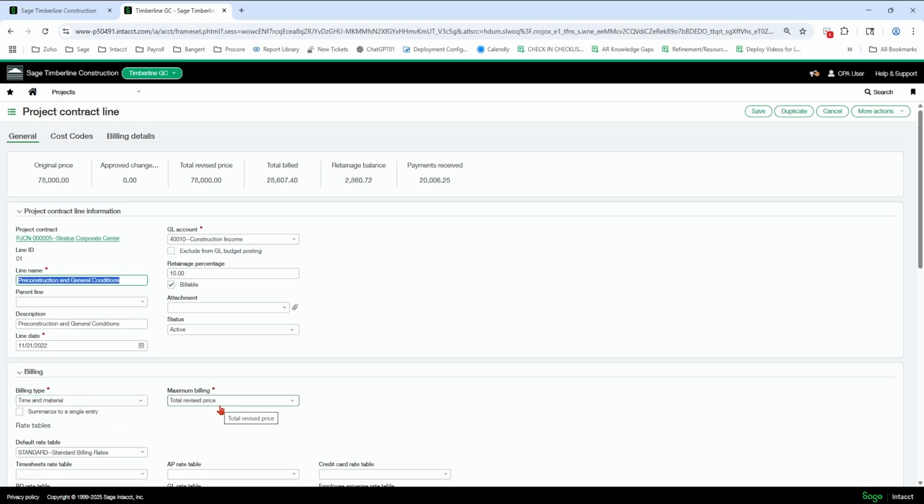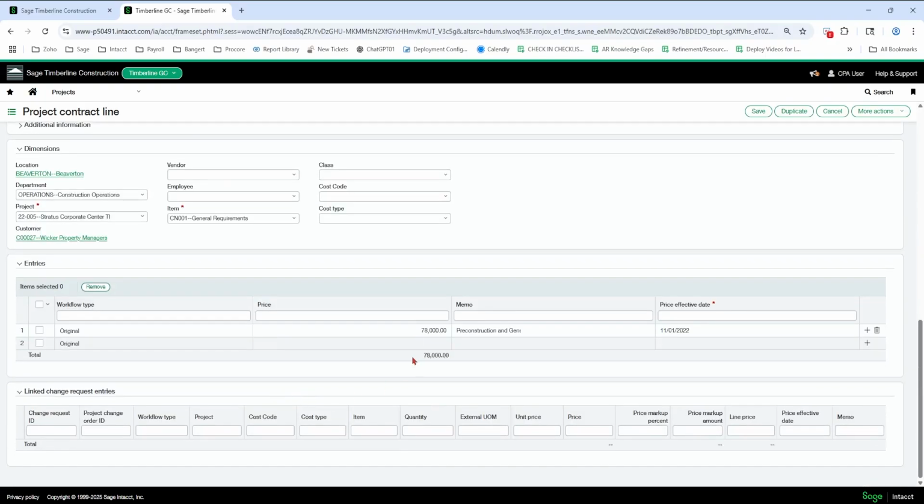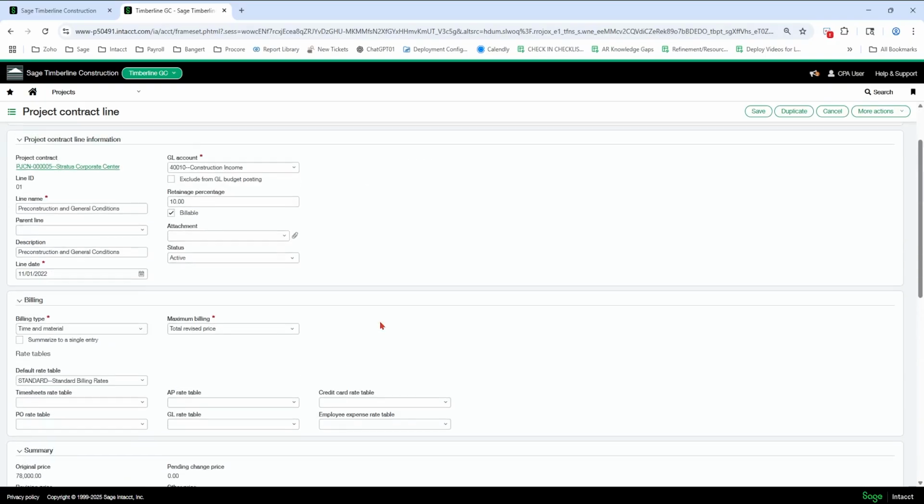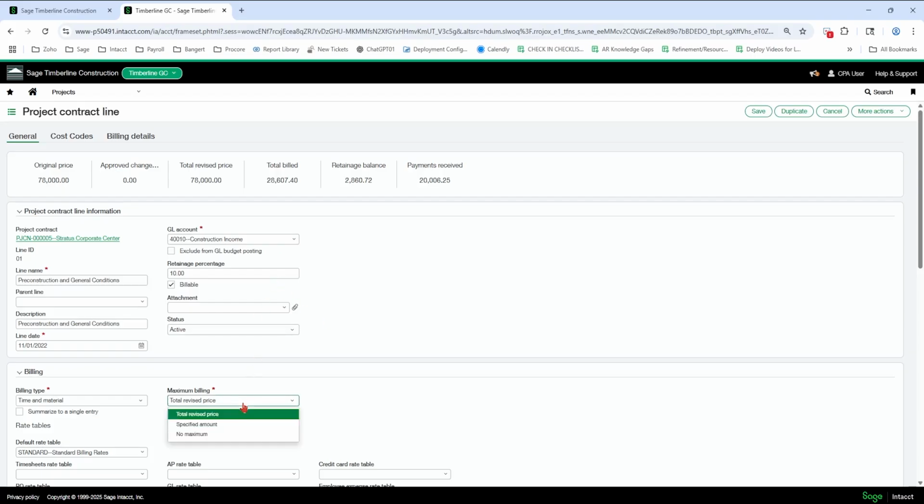And if I want my AIA to stop at the total revised price, more than likely, that's what most people want, then I'm going to use that, and it's going to key off of the 78,000 here plus change orders in the system. You can have the option to use the specified amount or the no maximum if you want to. This even works on the AIA form.